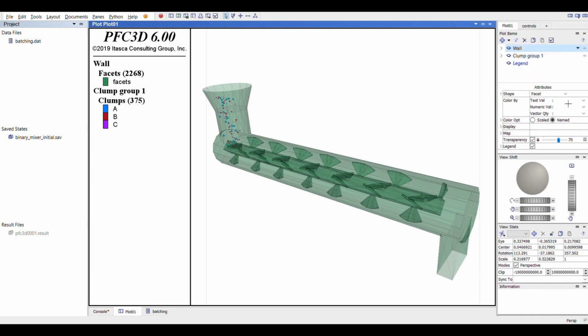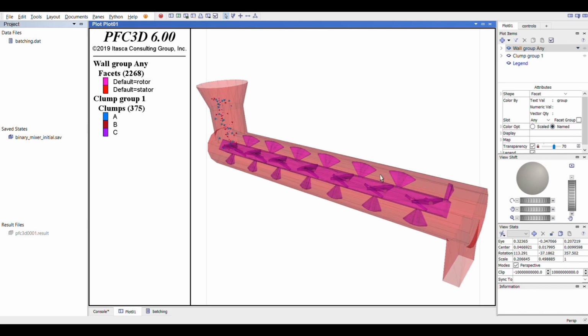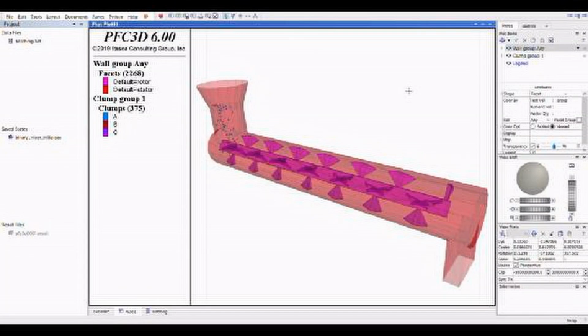And you can see the clumps falling down from the inlet of the mixer, and with the spin attribute which you have assigned to the rotor, the blades are rotating at that speed, and this will take a lot of time. After that, the model result file will be generated in the left hand corner under the result files. And when we run the movie function, this will generate the bitmaps in the designated directory folder where you have saved your project also.